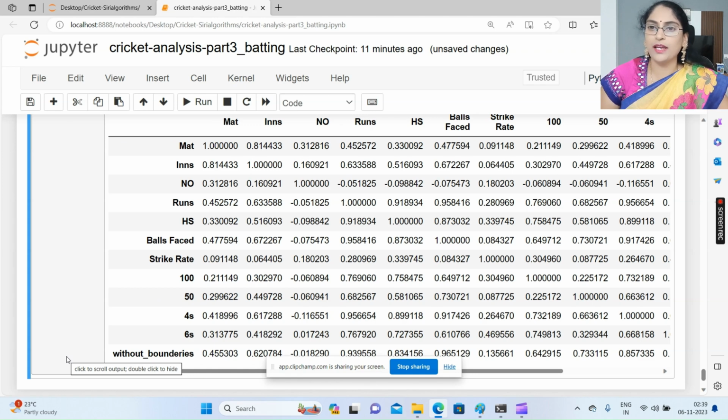Let me explain one small example here. Maybe you have two variables: one is years of experience and the second is salary. If your years of experience is increasing, your salary also increases. Then that is a positive relationship between the two variables. Both are traveling in the same direction. If your years of experience is increasing but salary is decreasing, in that scenario it is a negative relationship